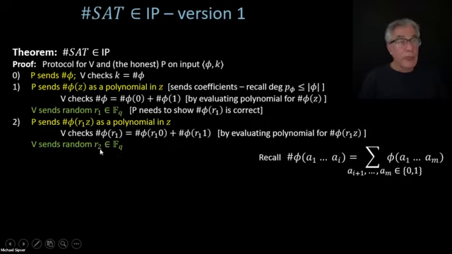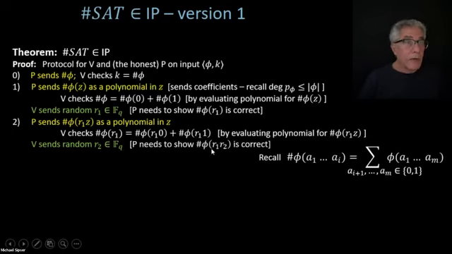So it's going to evaluate that new polynomial at a random location, by picking a random value R2 in the field, and now it needs to show that this value is correct. Because if that polynomial had been the wrong polynomial, it disagreed with the correct polynomial almost everywhere, and by picking a random place, it's probably not going to be the right value, and so on, until we get to the end,